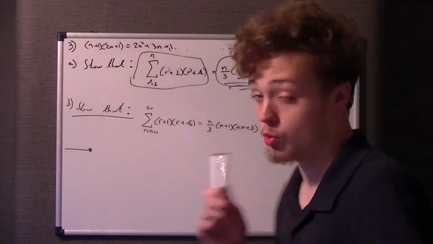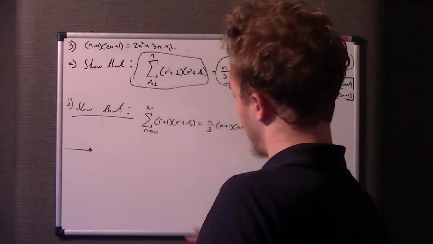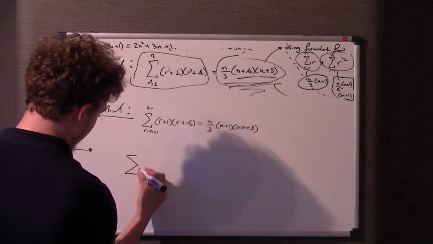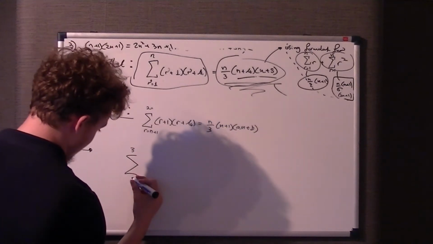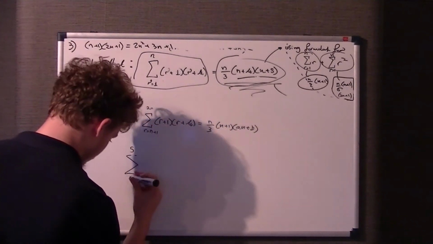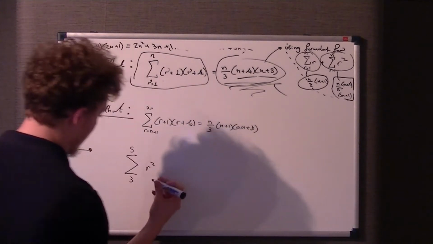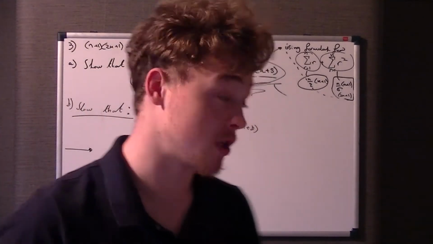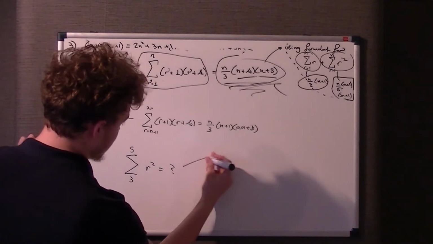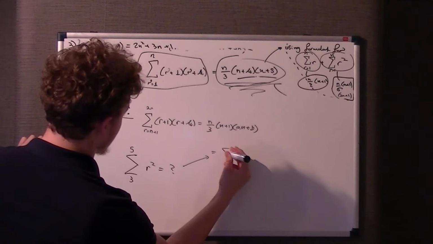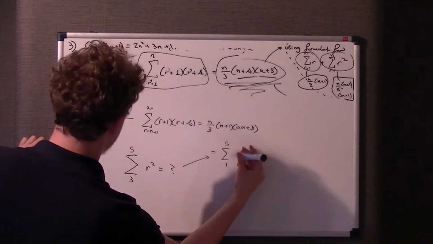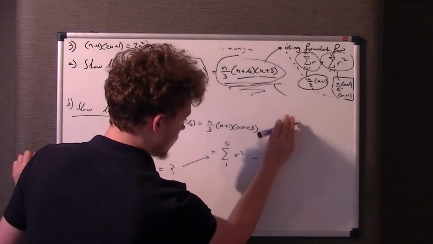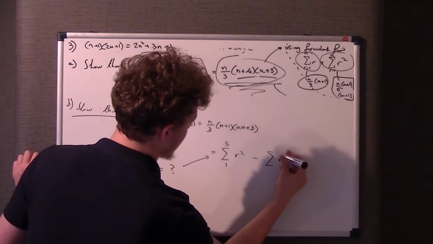If we relate that to basic series knowledge, because that's all this is, simply series, I'll give you a very swift example. If we were asked to find the sum of r squared between 5 and 3, what would you do? Well, this is equal to the sum of r squared between 5 and 1, minus the sum of r squared